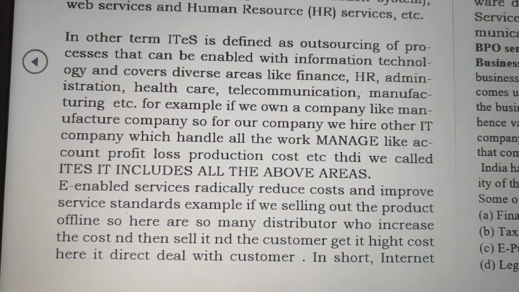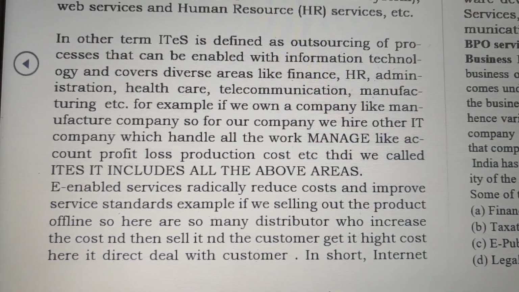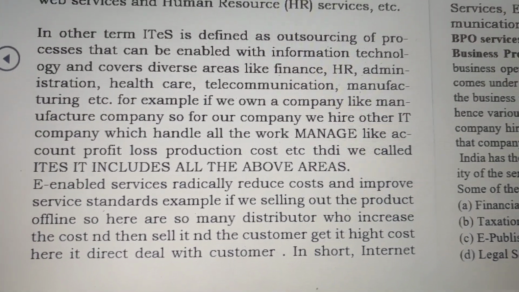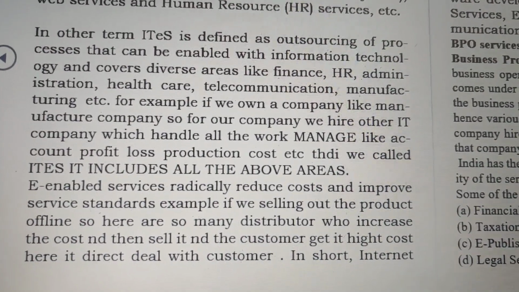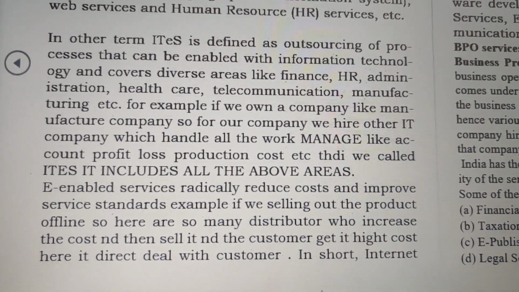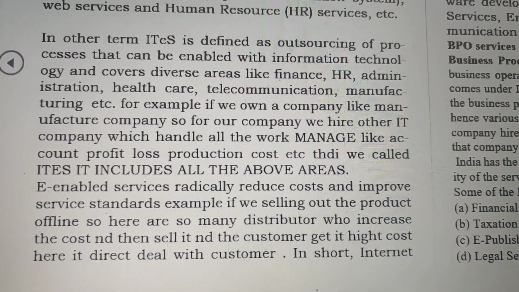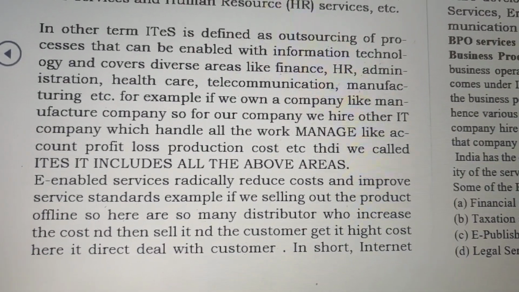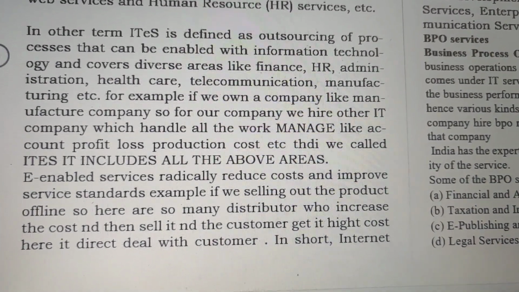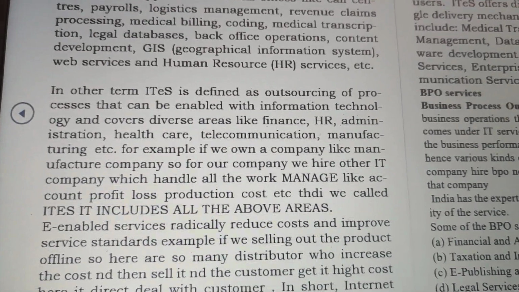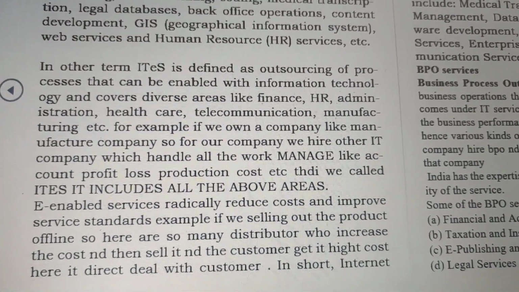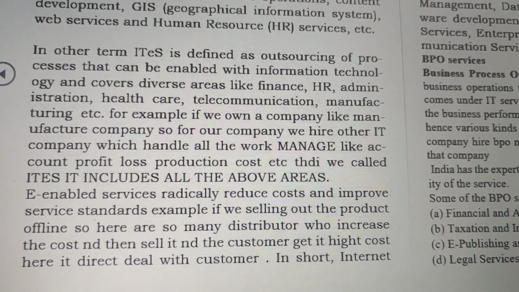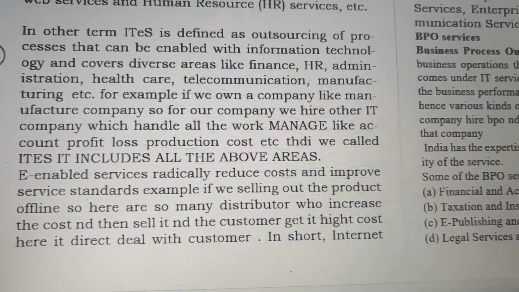So what enabled services do is cut that distributor part and sell the product online, so the cost is less and the customer gets the product at a lower amount and he or she will be happy. That's what enabled services do. Otherwise, if we sell through distributors we get a high cost, but here it is a direct deal with the customer. So in short,